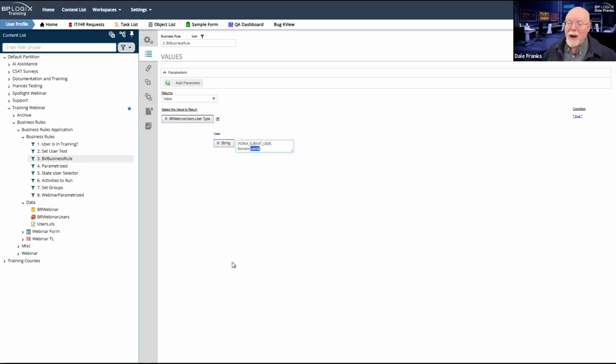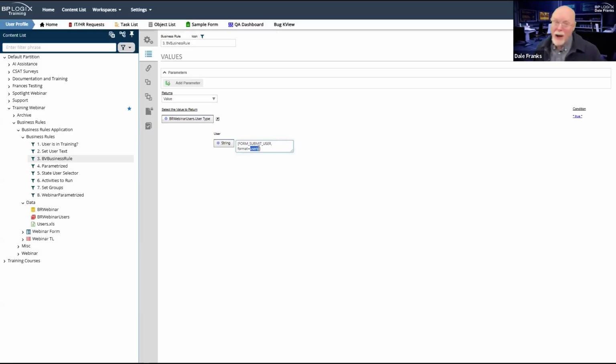But if you ever find yourself with two people with the same user ID, or the same person with two different types of account that have the same user ID, then you're not going to be able to use the user ID 100% reliably to identify them in a system variable like this. And anything that you can't do with 100% reliability, you shouldn't do. So in that case, you would probably remove this formatter.